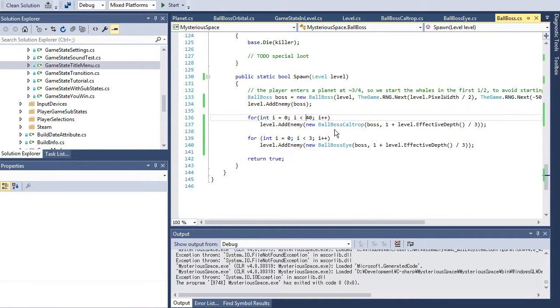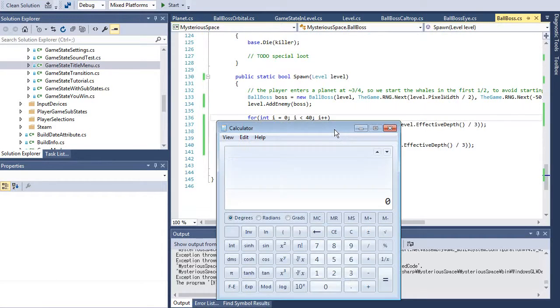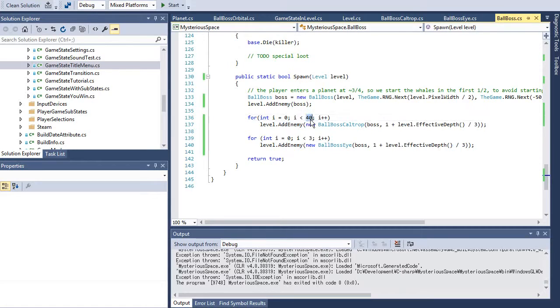Okay, so we need this to be a number divisible by 3. I'm pretty sure 40, will 41 divide by 3? No, but it looks like 42 will, right? I know because if you add up all the digits in a number, and they add up to something divisible by 3, then you know the whole number is divisible by 3. 4 plus 2 is 6, 6 is divisible by 3, therefore 42 is divisible by 3. Alright, so we'll do 42, and then what we will do here